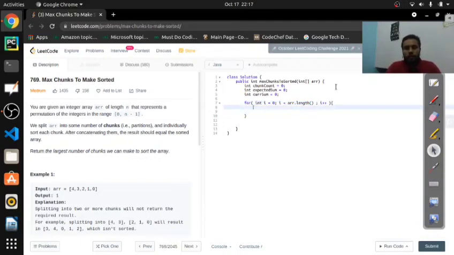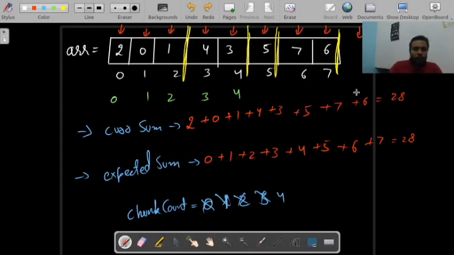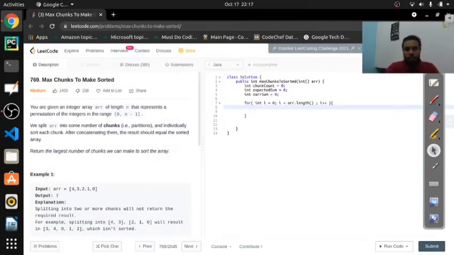What we were doing at this point is simply adding the number at that index to current sum and that index value to expected sum, and then checking if the sums are equal or not. So let's do expected sum. Actually this is my new laptop and I'm not used to this keyboard.